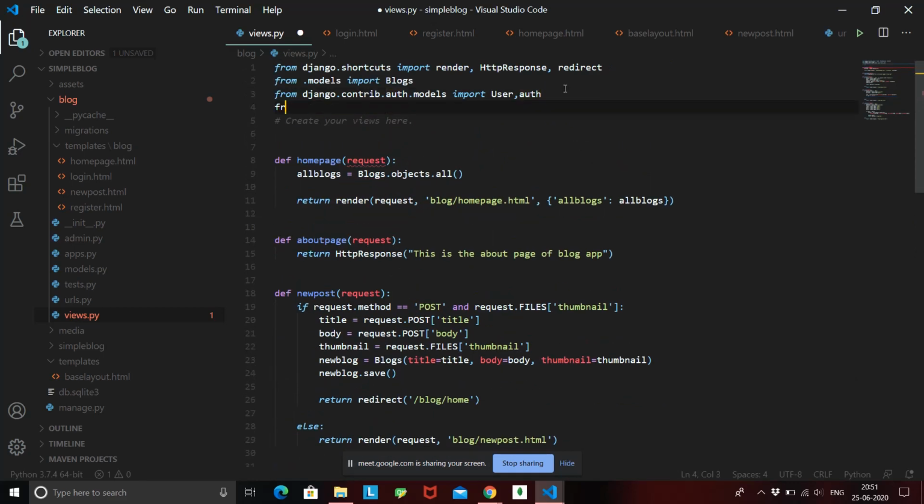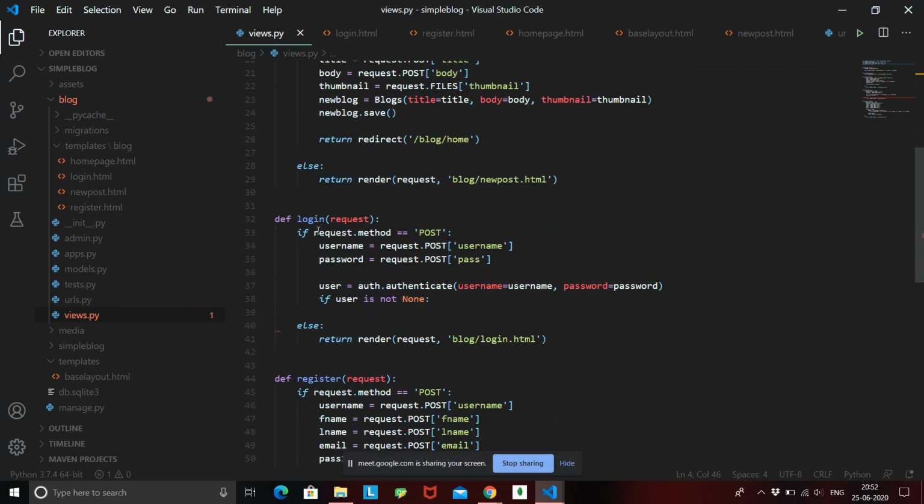So what we say is from django.contrib.auth we are going to import login, and this login is a function which is going to log in the user that we are providing to this function. We'll also import the logout for later use. So now we have login and logout.